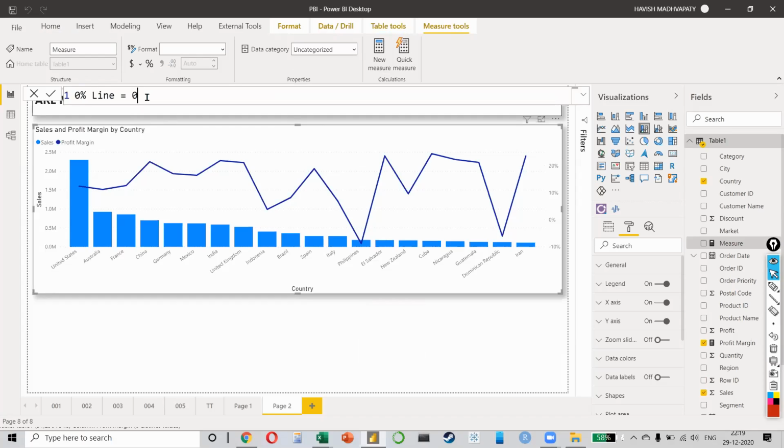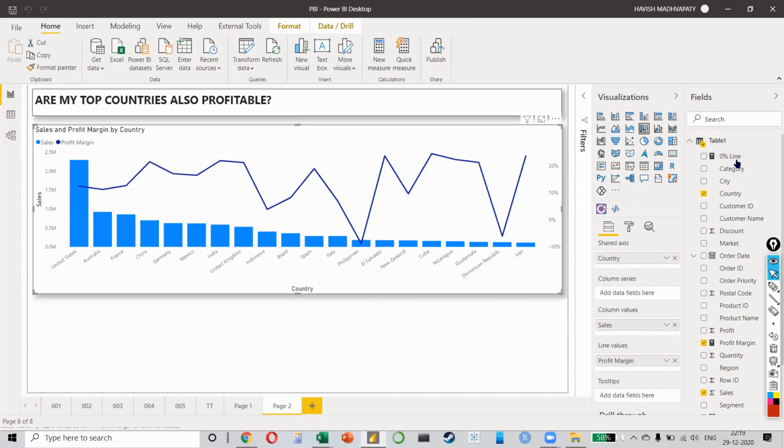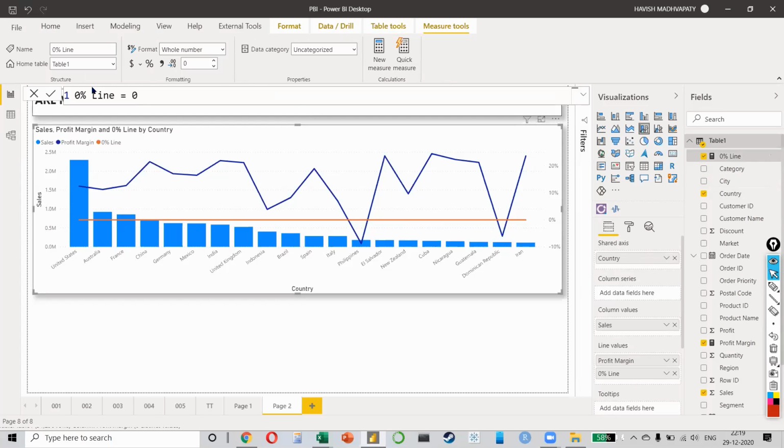Now you must be wondering, what is 0? What will happen is that when you create this measure called a 0% line, and I put my 0% line on the line value, I will get a line like this. Very cool, right? Once again, I created a 0% line. The name can be anything, but the value has to be 0, like this.